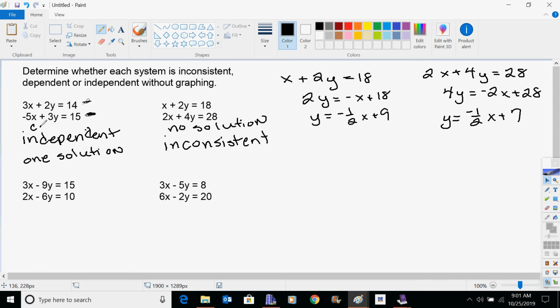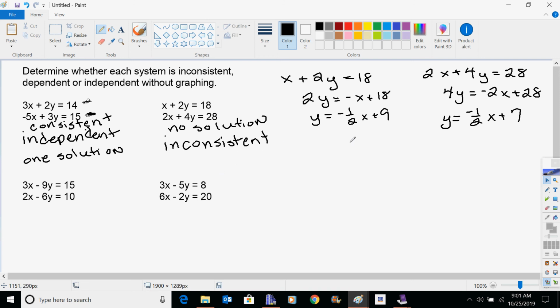This one's also consistent because there is a solution. Consistent means there's a solution. Inconsistent means there's no solution. Independent means that they are two separate lines. So technically this one also would be independent,